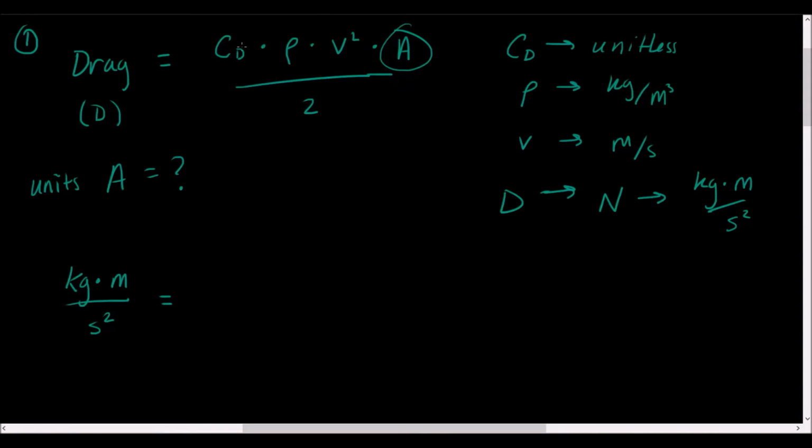I think you should know what you need to do for this unitless C sub D, and that's replace it with 1. A nice looking one. Let me go ahead and replace everything else. So kilograms per meter cubed, meters per second,